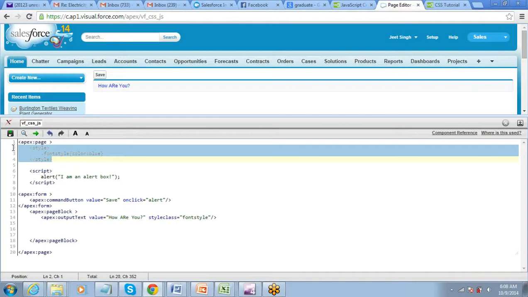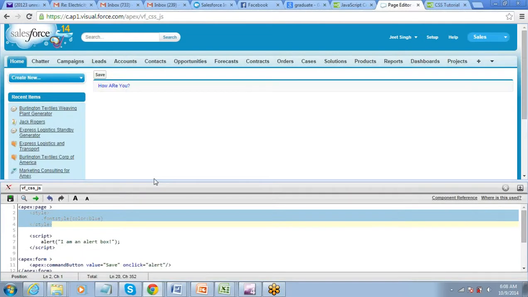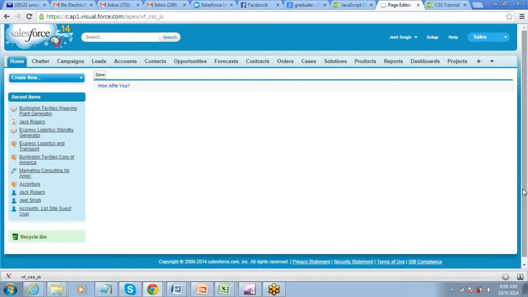So if you want, you can write this style on a different file. But the point is that if you create a separate file for that, a style sheet for that, then what you have to do, you have to upload it somewhere. Otherwise, how will Salesforce reference it? If you created a file, where do you put that file? You cannot keep it on your local system, right? So that is where your static resource will come into picture. So you'll have to upload it on your static resource.